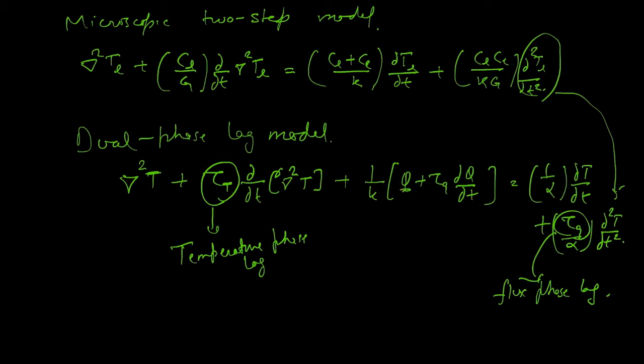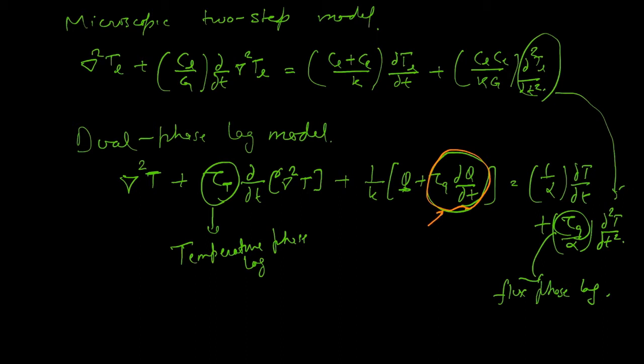So this was an internal heat source, how the heat was generated. But we have introduced one extra heat source term, this tau q. So let me mark it with this tau q dq by dt. This comes from the phase lag of the heat flux vector. So the heat flux vector has some kind of a phase lag, and because of that, there is an extra source term we have to include in our equation.